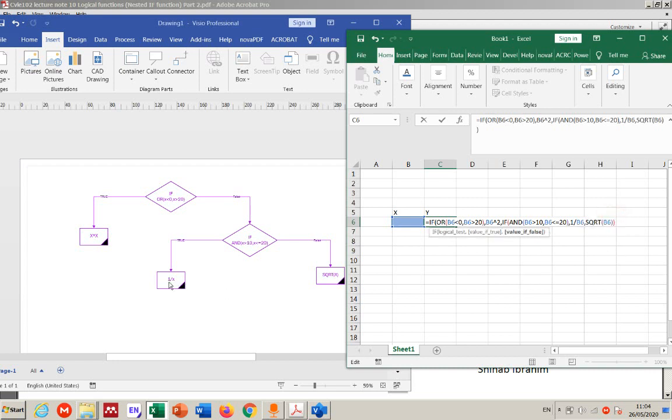Remember, you wrote them correctly. This is value of true, value of false. Then time to close the parenthesis. You close the parenthesis, it will bring you back to inside the first if. You have a logic function, a value of true, and a value of false. Yes, complete. The second if completely is the false value for the first one. Now it's time to close the first if parenthesis at the